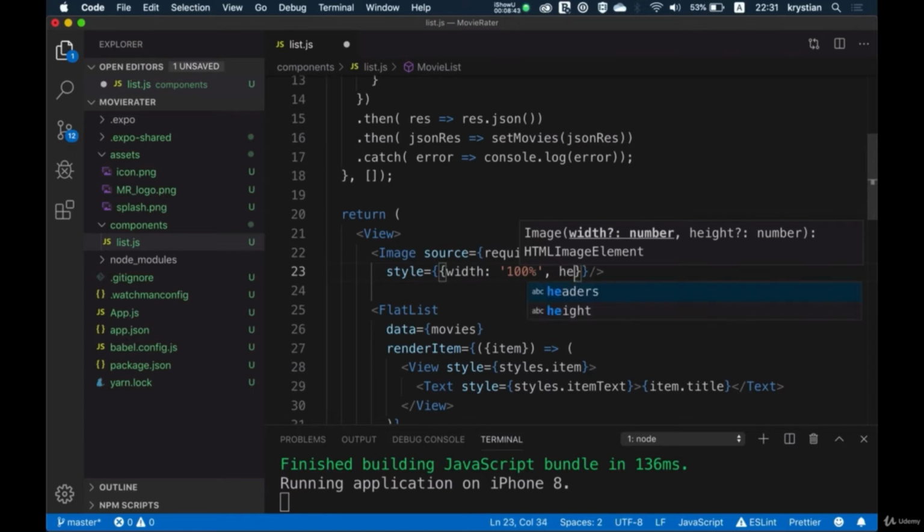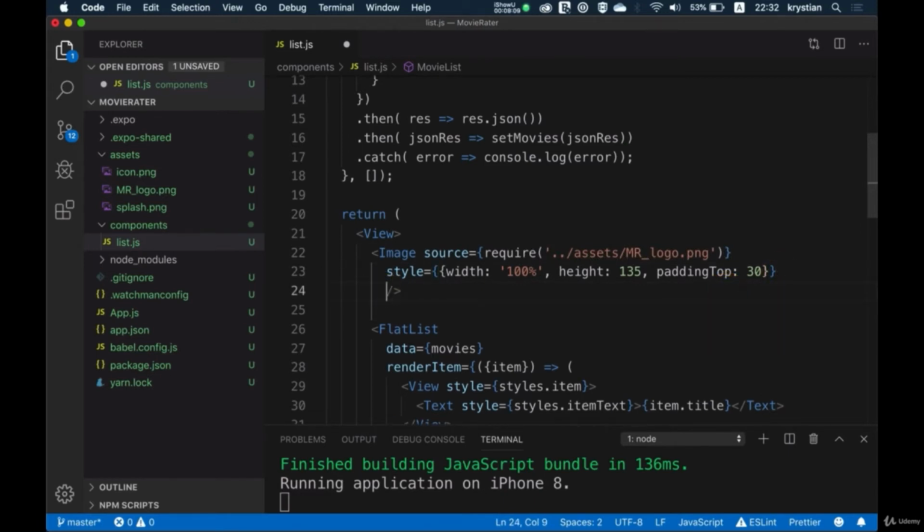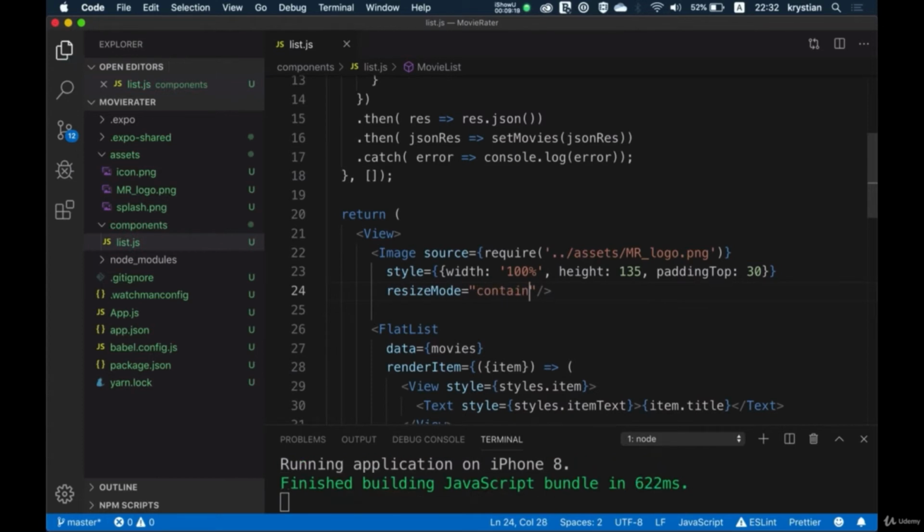I will do height, and that's gonna be 135, and I can do padding top of 30, so I'll push it from the top bar. What I can also do here is specify resize mode, and resize mode I will do contain like this. So if I will save it now,